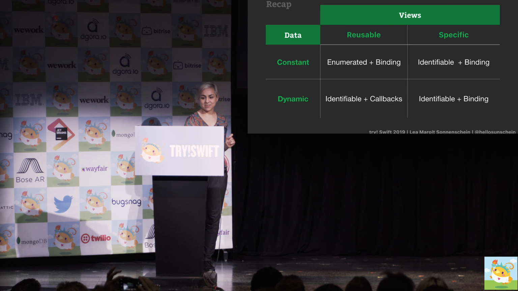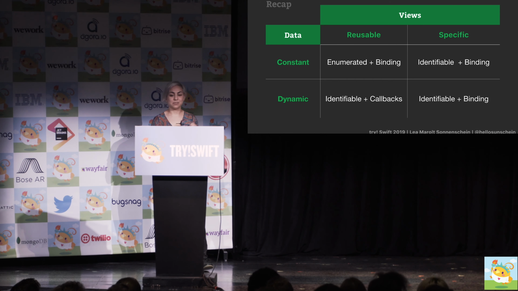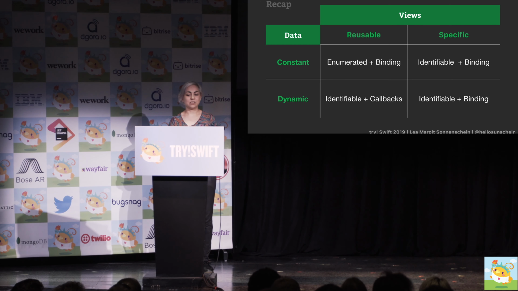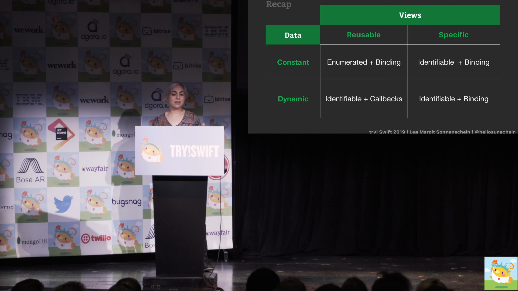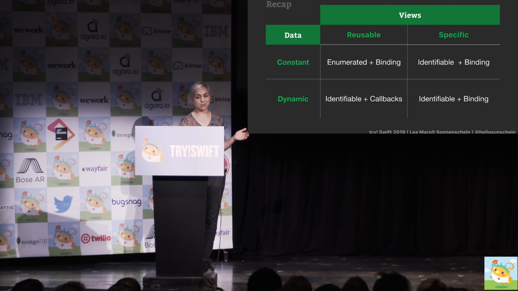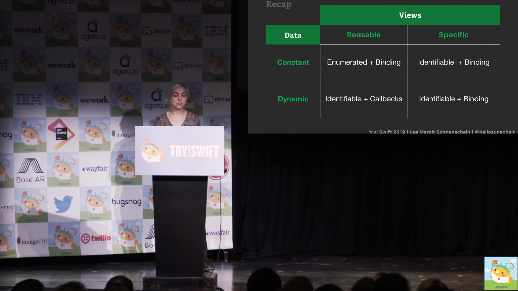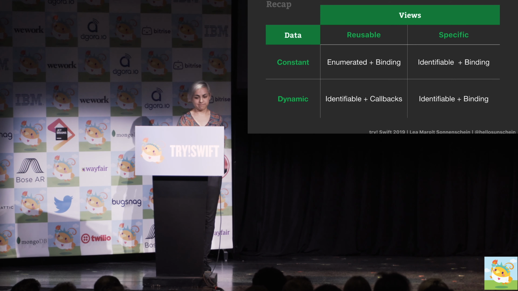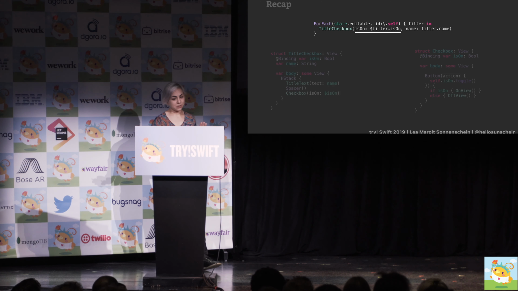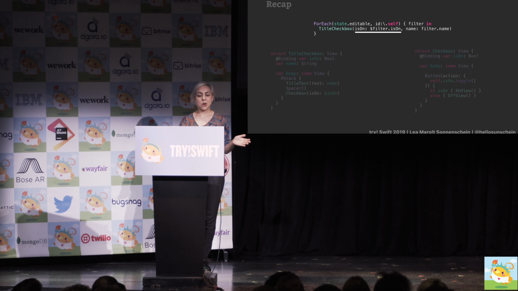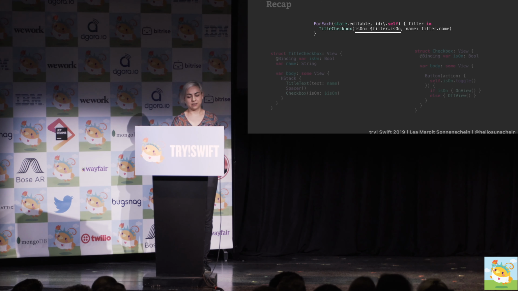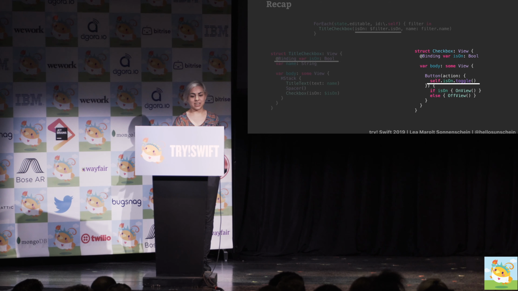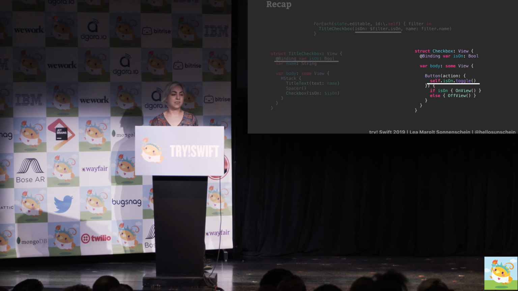So to wrap up, here are some of my suggestions regarding rendering lists and passing data back and forth. If my data comes from an array that will remain constant, and I want to use a reusable view for the rows, your best bet might be to use the enumerated version of the ForEach. If the view is model specific, I'd use the identifiable ForEach with binding. And if the view is reusable and the data is dynamic, definitely use the identifiable ForEach and probably callbacks at this point in SwiftUI. The holy grail of how this should work, in my opinion, would be doing something like this, where you can bind a Boolean from a model collection element, where the Boolean will then affect the model, and that change will then trigger the collection to republish and invalidate the views that use it.